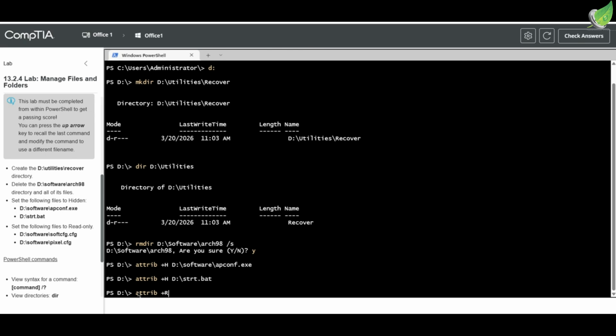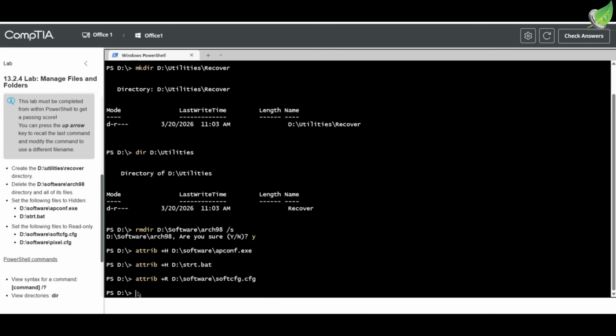So that is going to be attrib +r d: /software, then /softcfg.cfg, and we'll go ahead and press enter, and